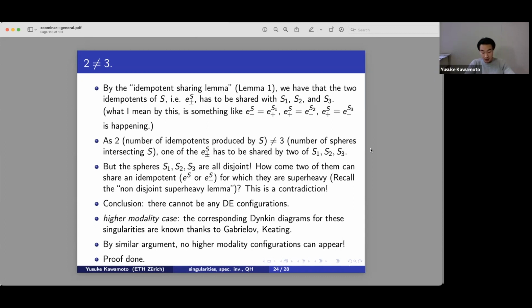Not managing to explain this clearly. Basically, because of the idempotent sharing property,